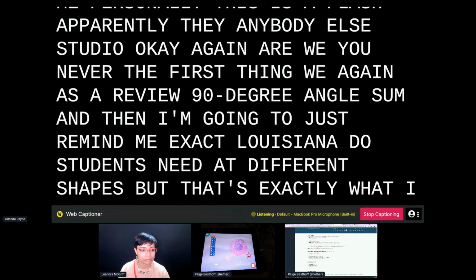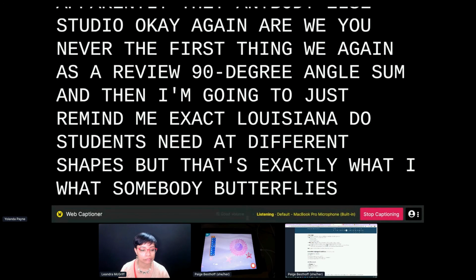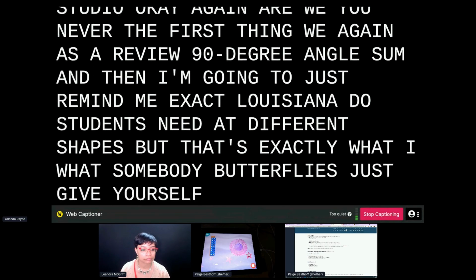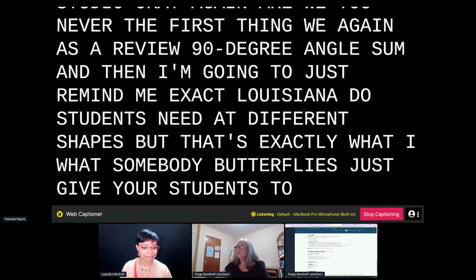And then an advanced student or somebody who's ready to move on could use, one of the suggestions is 3 different size butterflies, each one with a different color, a different size, and a different angle. So it does give your students the opportunity to be successful no matter what they are doing, which is great. I'm gonna just switch my camera. Okay. So students can be successful no matter what. And that's our goal for our students.